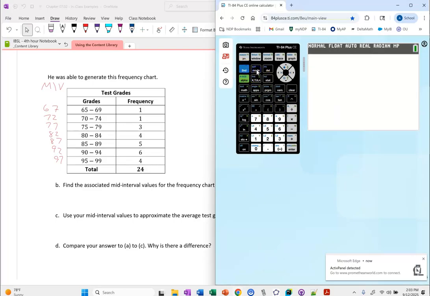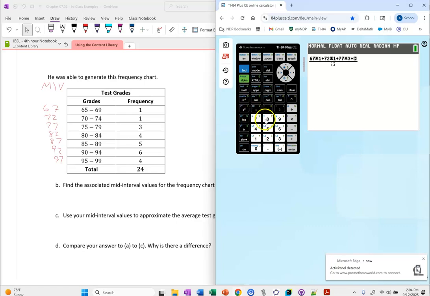So you can do it the good old-fashioned way. I can do it on the calculator, typing things in. The first thing I'm going to type in is 67 times the 1, because that 67 is used 1 time, plus 72 times the 1, because 72 is used 1 time, plus 77 times 3, because the 77 is used